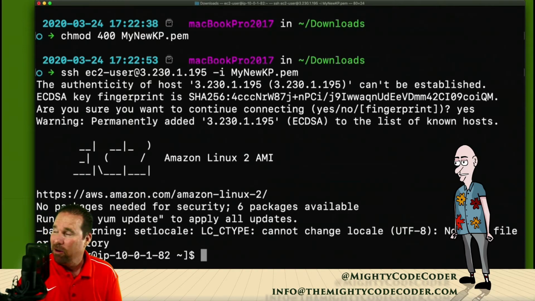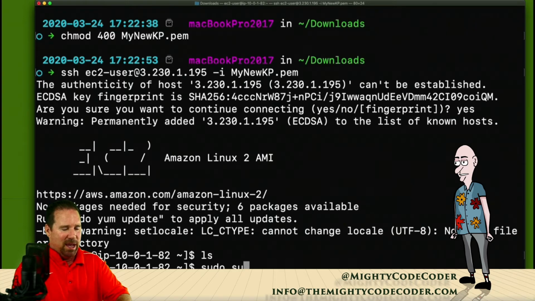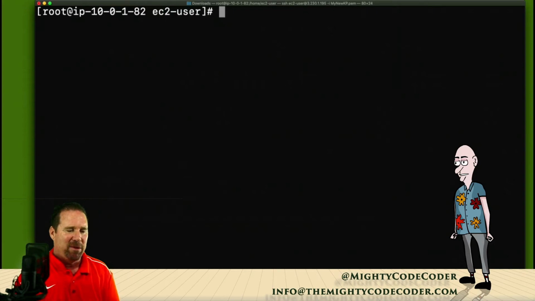So we're actually now in that subnet that we wrote on the board. Okay, so that's public. Really cool. All right, and we could go in there and we could look around or see what it does or whatever. But if I wanted to, I could go ls. I guess there's not much in there. I could be a super user. I probably should make it a super user. So I'm going to go sudo su, and so I'm a super user. Clear it. Okay, and so I am effectively in that first subnet, and I feel like we should probably draw